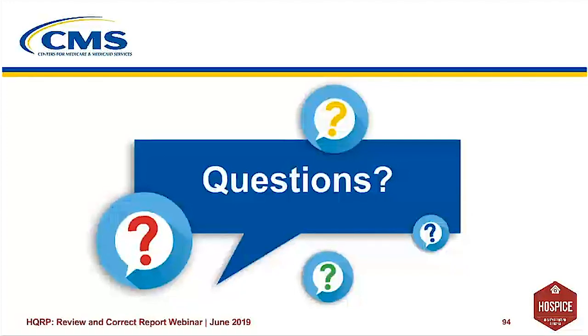So if you see the difference there, beyond showing you if a data correction period is open or closed, they also are refreshed on a weekly basis to capture any modifications that are made by the hospice.